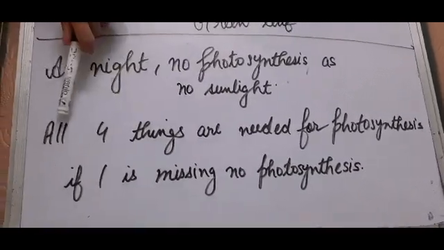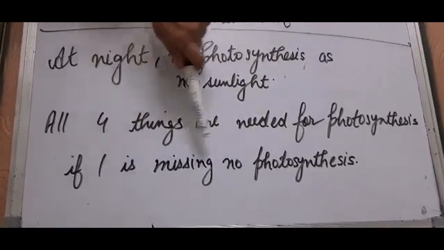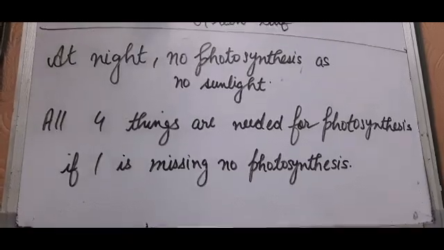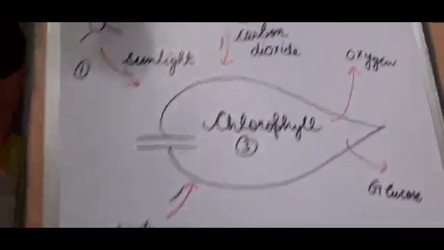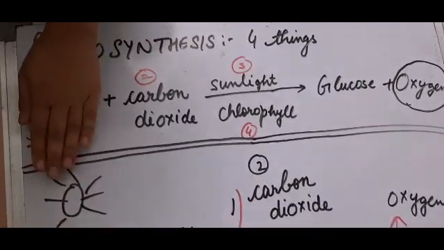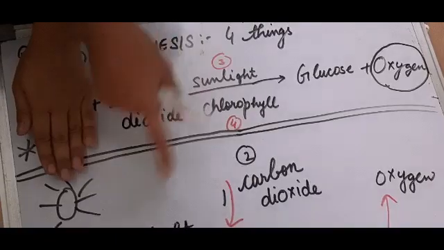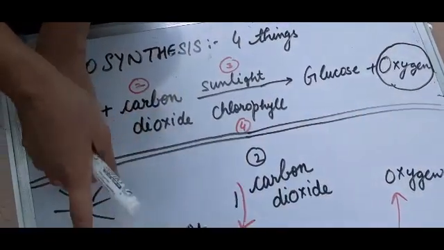Always remember, all the 4 things are needed for photosynthesis. If suppose one is missing, no photosynthesis will take place. For example, look here carefully. If suppose the plant does not get water, the plant is having carbon dioxide also, sunlight also, chlorophyll also, the plant will not make food because there is